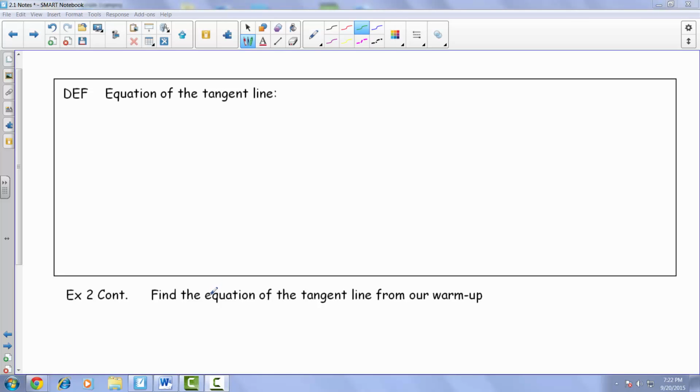Now we've been able to identify how to find the slope of the tangent line, but we have to take it one step further and actually derive the equation of the tangent line. You first have to find the slope, but then you can construct the tangent line from that. Now what we've been seeing in the past is how to find the secant